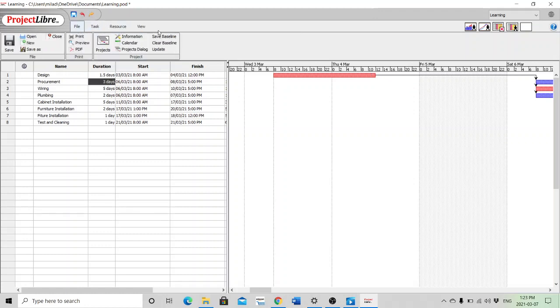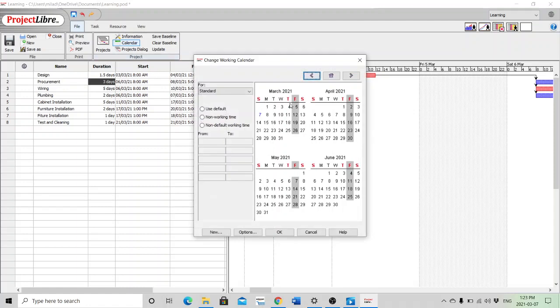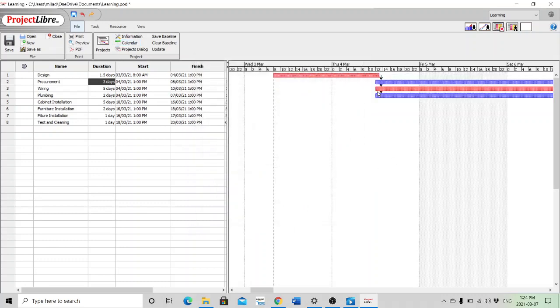So if I go to calendar again and change Thursday working hours again to normal hours like this, you can see those 3 elemental tasks are starting right on Thursday after the design is finished. So it's really fantastic to see that you can change the time, you can change